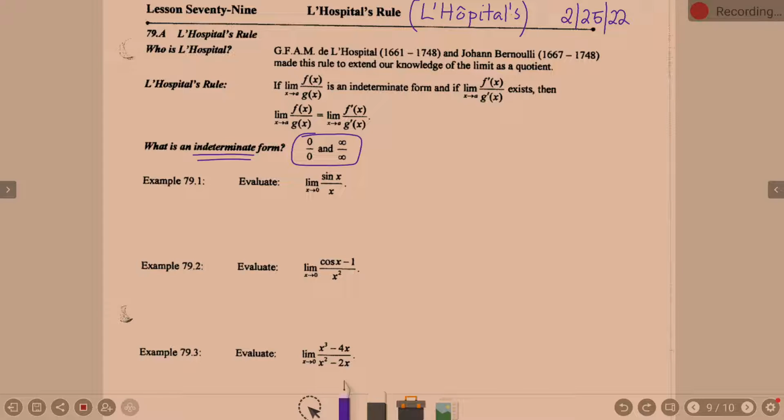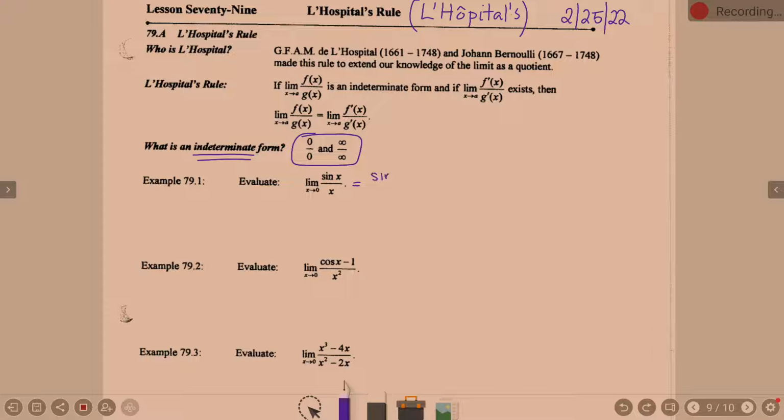Okay, so example 1. You always want to start taking the limit as normal. You never jump just to L'Hopital's, because we have to make sure it warrants using L'Hopital's rule. So the limit as x approaches 0 of sine x over x. Typical limit, we take the value that we're approaching and we plug it in. So if you plug this in,